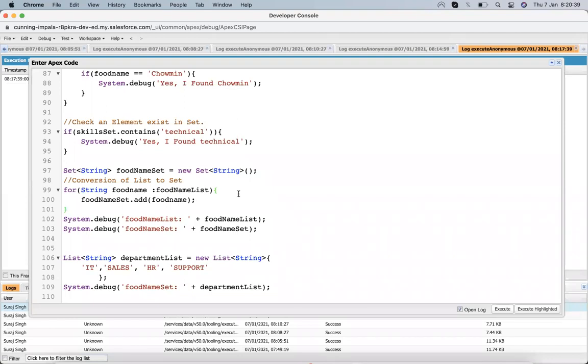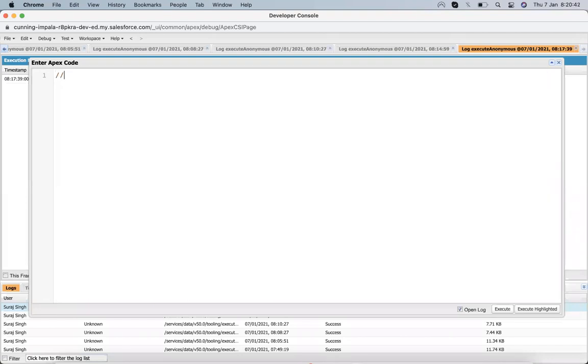Map is quite an important topic, and before going to that, if you have any confusion related to list and set, please ask. No questions? Yeah, I think it's very clear. Okay, then we are moving to the map.